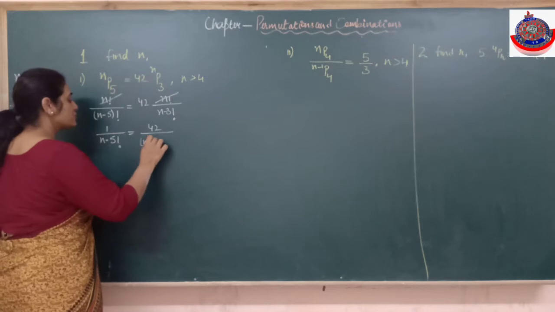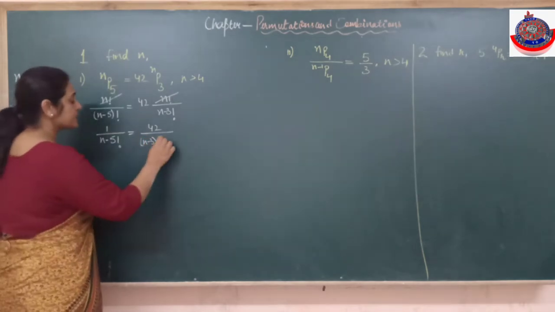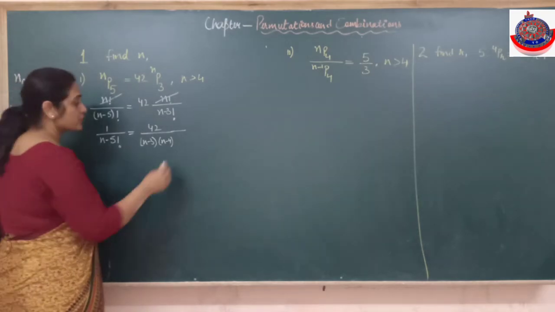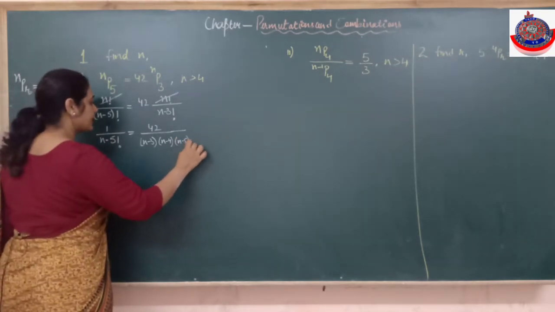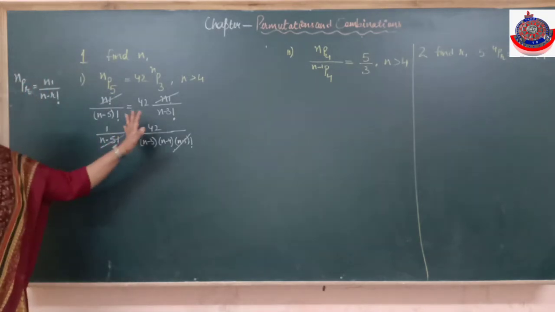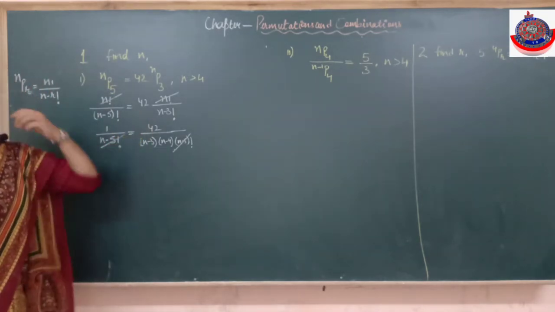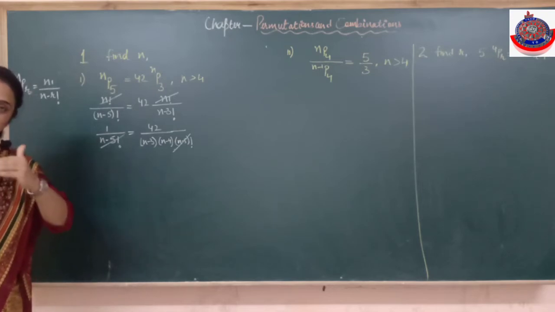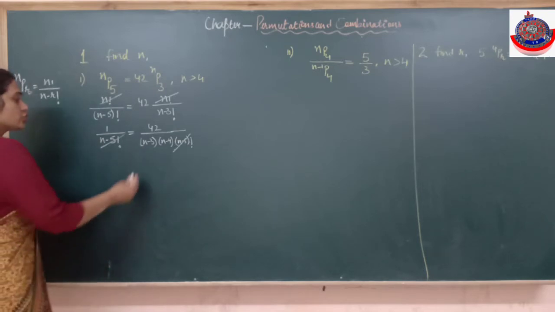Open it. n minus 3. One minus, done. n minus 4. n minus 4 minus 1. n minus 5 that I needed, so I will keep a factorial there. Cancel. I hope this is clear to everyone how to open n factorial. If it is 5, then 5 4 3 2 1; so if it is n, then n first, and from it keep subtracting one at a time. So now